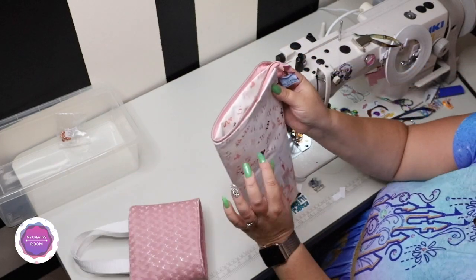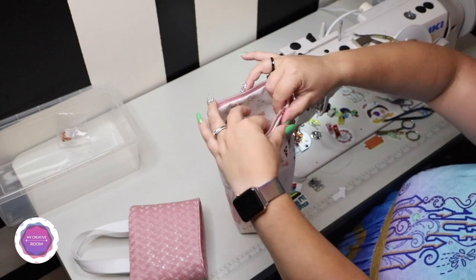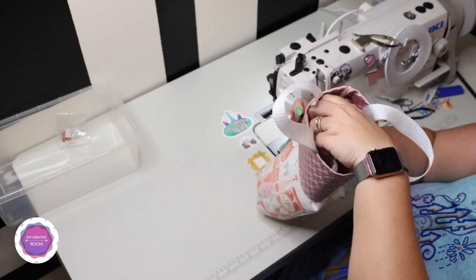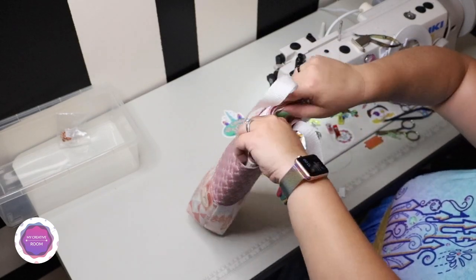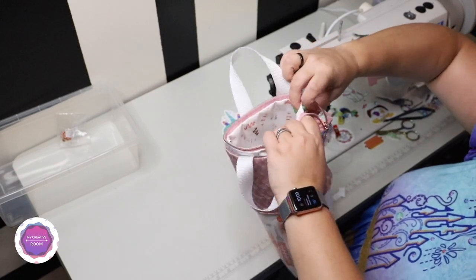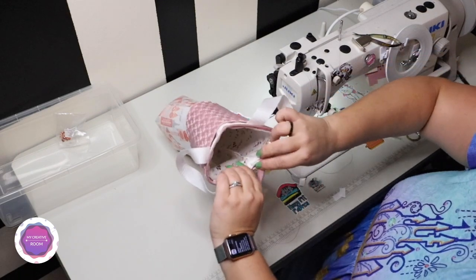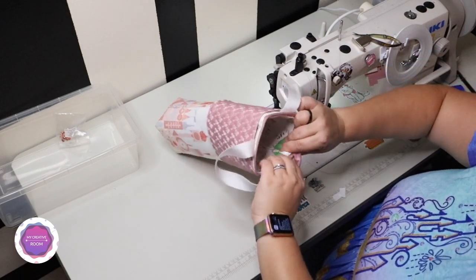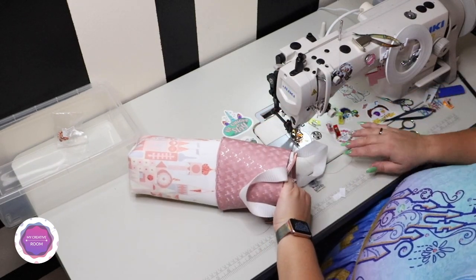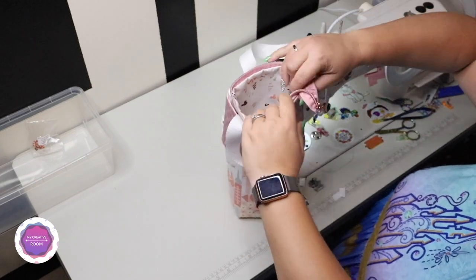So what I'm going to do is I'm going to open this up and slide the cuff like so, pull the zipper out, and you're going to pin this in place, matching the side seams right here. Like so. I'll put a pin in place